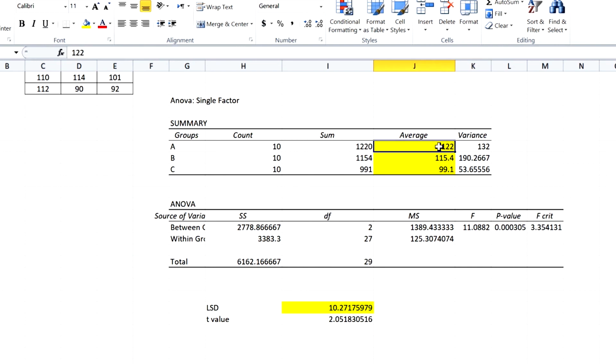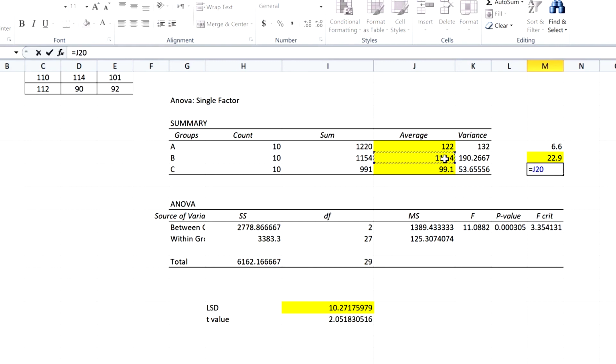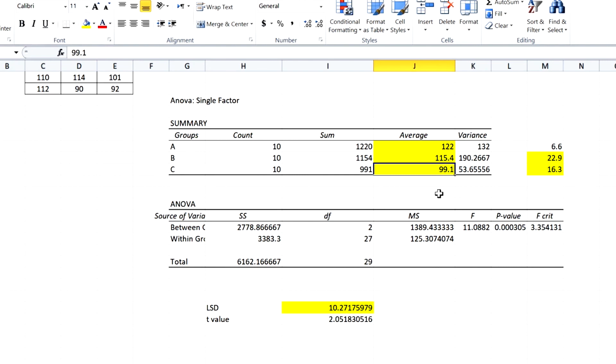So here, as an example, 122 minus, in this average, equals group A minus group B. Enter. Group A minus group C. Enter. It's 22.9. Group A from group C, and also group B minus group C, 16.3. So this group, which is group C, there is a significant difference between these three groups or three instruments,